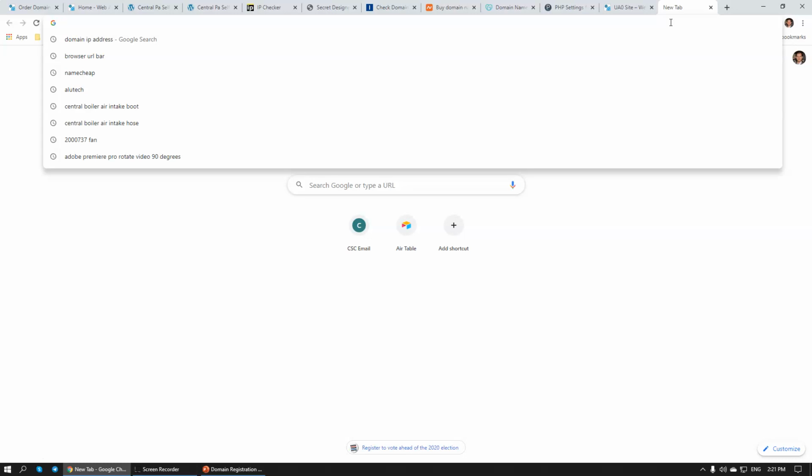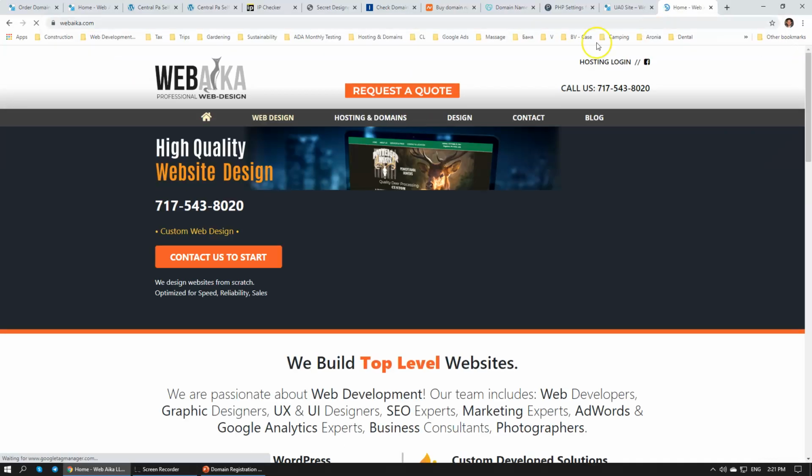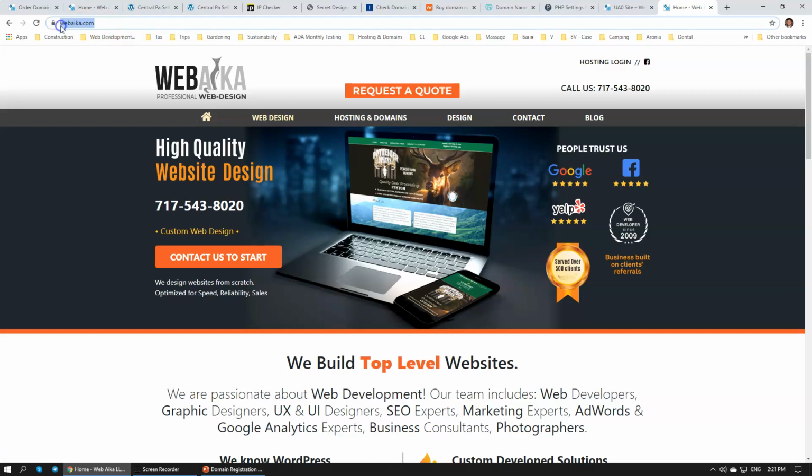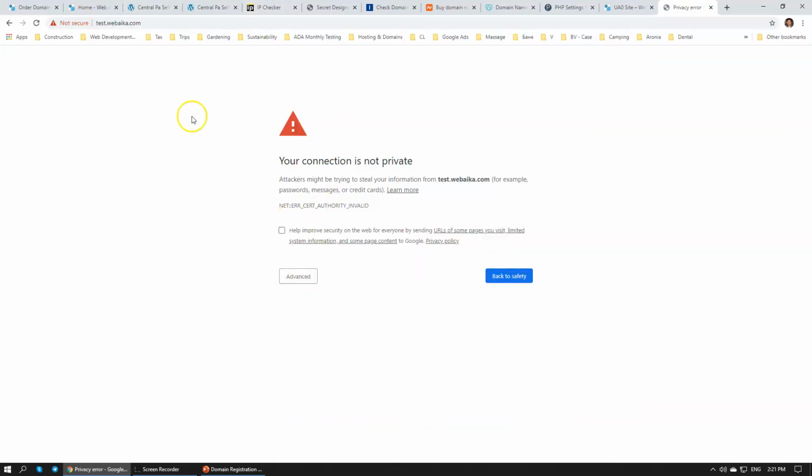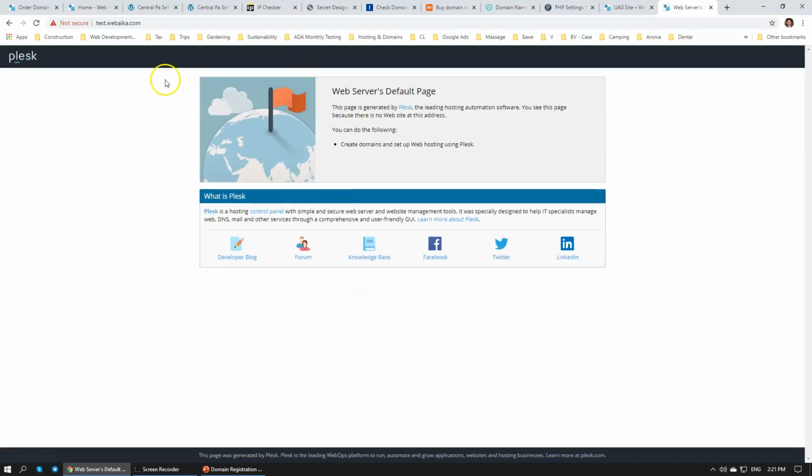What is a subdomain? Let's have a look at webacre.com. Webacre.com is a domain. But look at this. I'm going to type in test.webacre.com. Well, it's going to tell me the connection is not private, but okay. Proceed to webacre test location. See, test.webacre.com points to Plesk. Plesk is what is running my server. And it is a subdomain